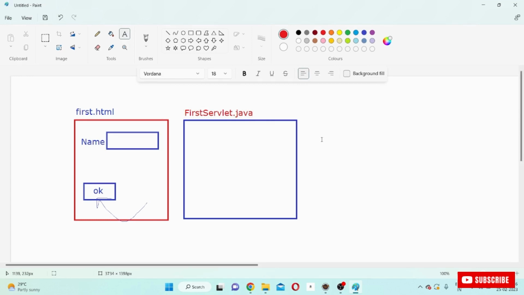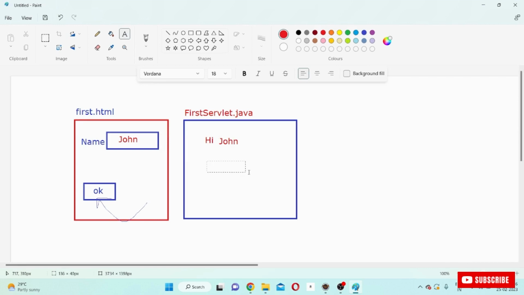So what is the purpose of this servlet? The purpose is to process form data, whatever value the user gives for the name. So one response that we will get, suppose I give a value, suppose John, then a response will come: hi John. To process the form data, that we already know. Second thing is,